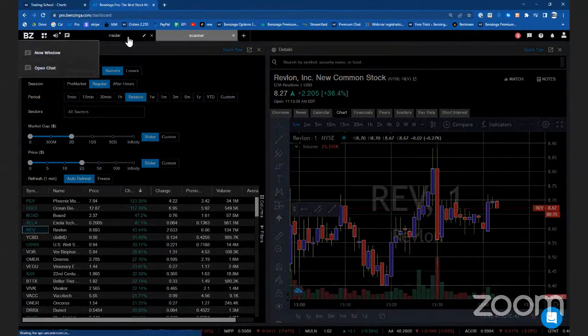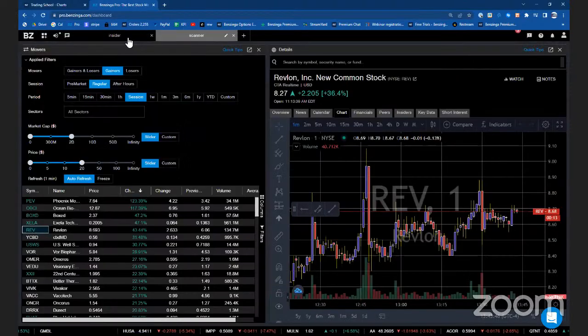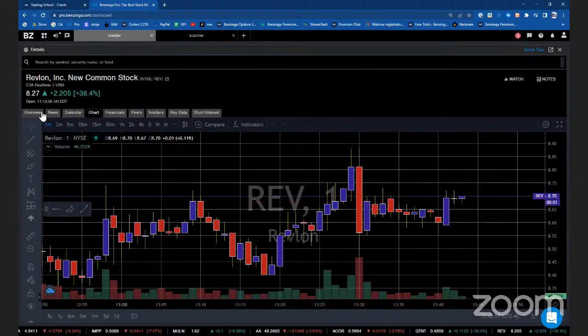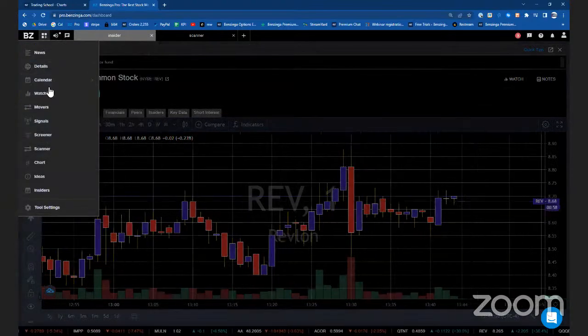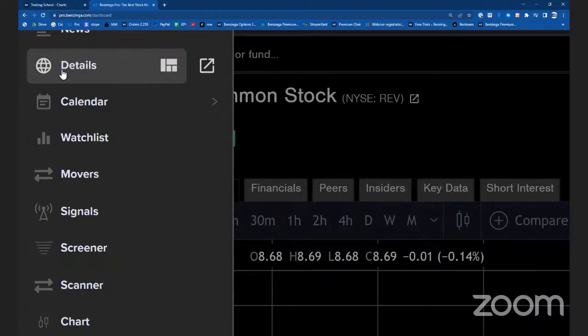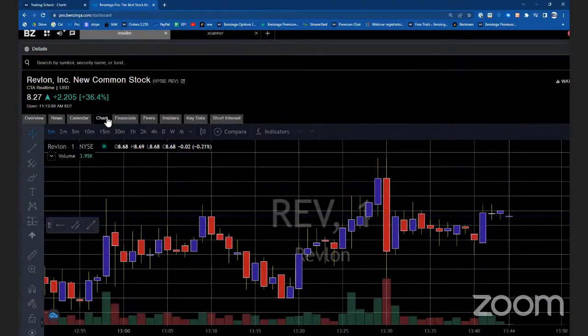So how do you open these tabs? Good question. Basically, just look at the top always, and you see this plus sign. It's like you add a workspace. So what I have right now is a workspace open, and the workspace that I have is the details one. So in details, I just went here to the chart. And this is where you can do all this stuff.